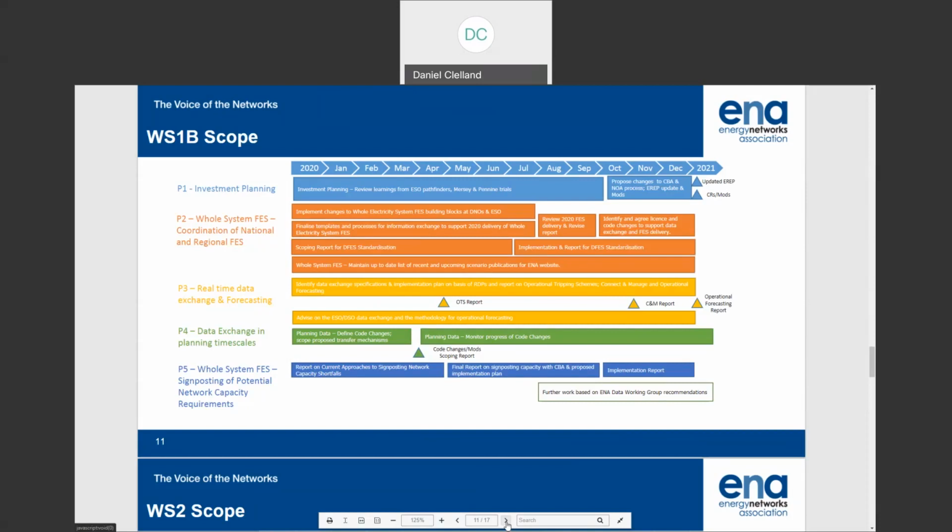Again, if we're looking at external interface and influences here, some of these data exchange mechanisms are also included in the Ofgem LTDS consultation that's out at the moment. So we've been providing input into that. We'll provide a response back to show how we're seeking to progress the common information model in open networks.